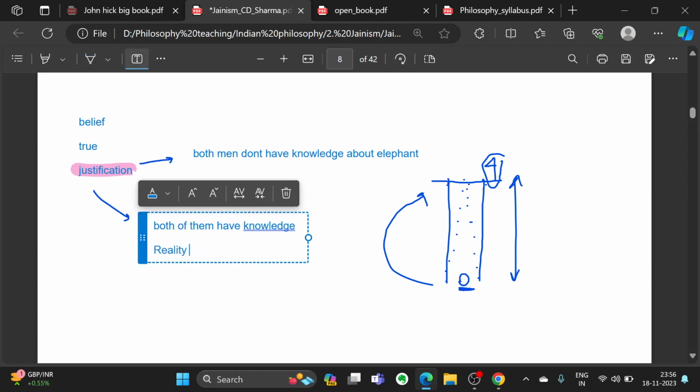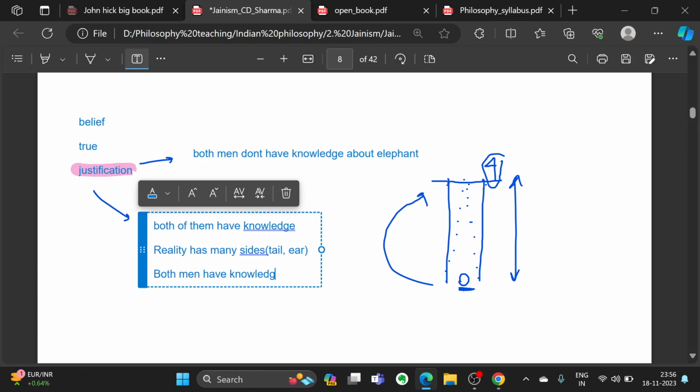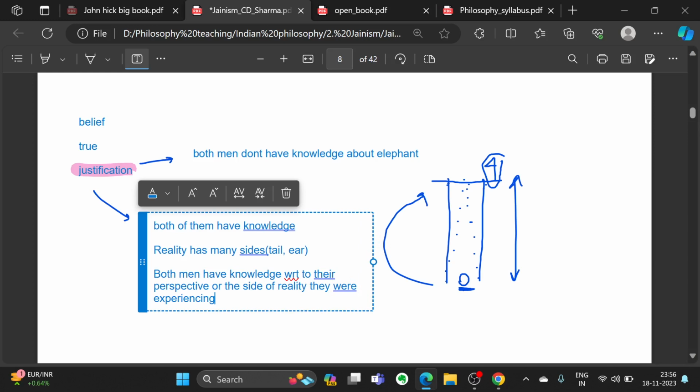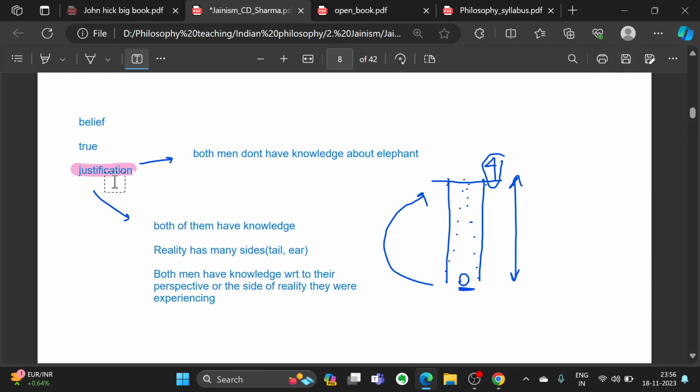and they will say that reality has many sides. Reality is many sided. So one side was the tail. This is just a metaphor, okay? One side was just the tail, one side was the ear, and both men have knowledge with respect to their perspective or the side of reality they were experiencing. Okay, so you see how they have